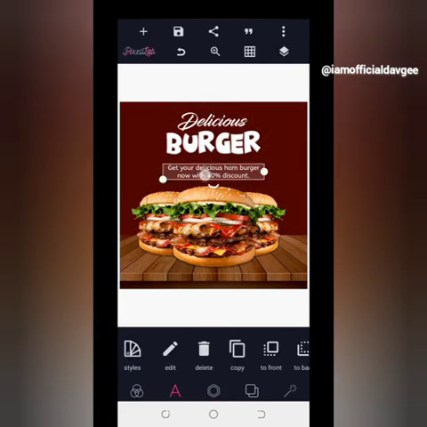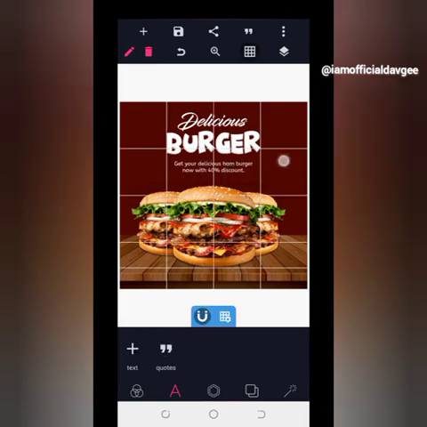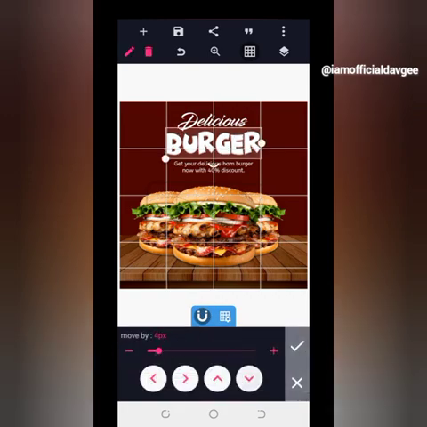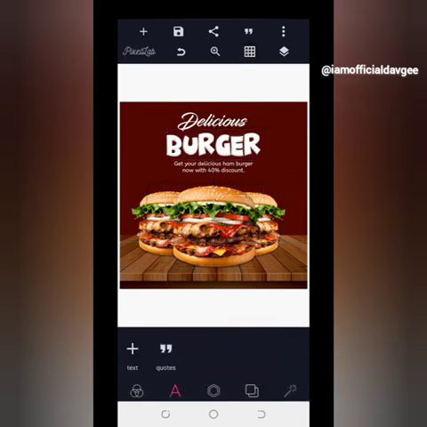Okay, so I'll just reduce the size of the text a little bit and position it here. Then I'll go to my burger text to move it down a little bit more. And as you can see, this is really beautiful and we are already achieving something. Now, you can see that the background looks so empty. Now we are going to import a